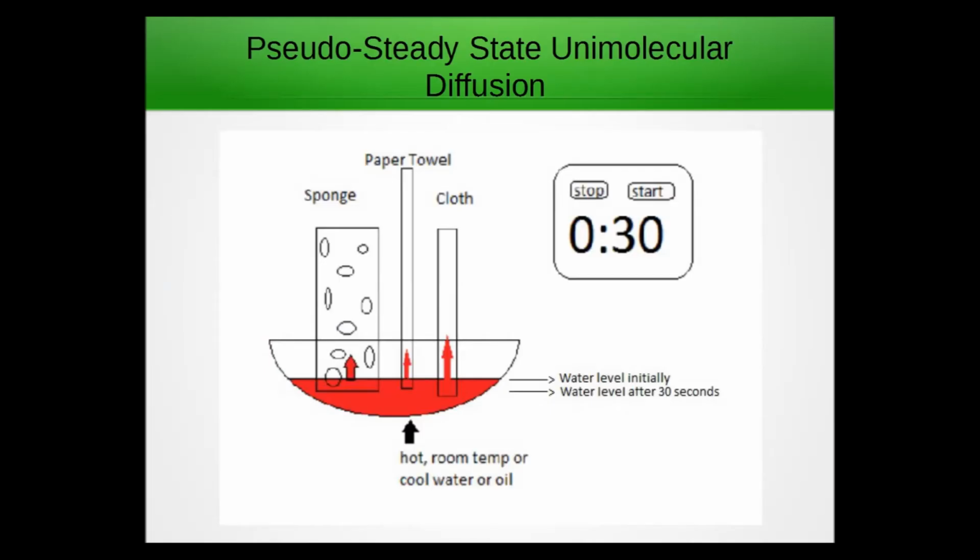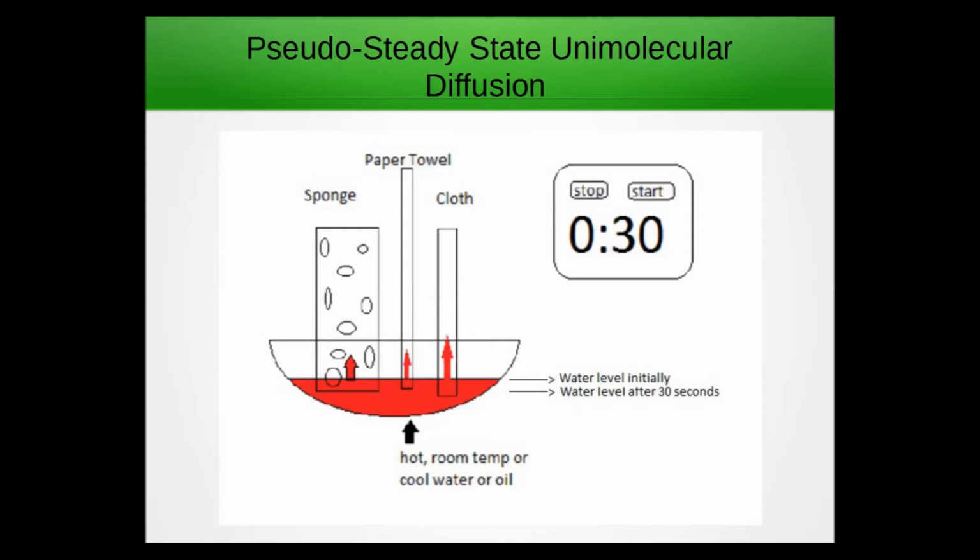This process is an example of pseudo-steady-state unimolecular diffusion. Steady state means that a process is continuous and does not fluctuate over time. Our process would have been steady state if the water and oil levels were replenished or had remained constant as